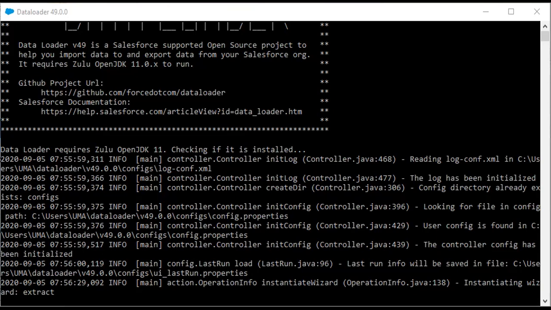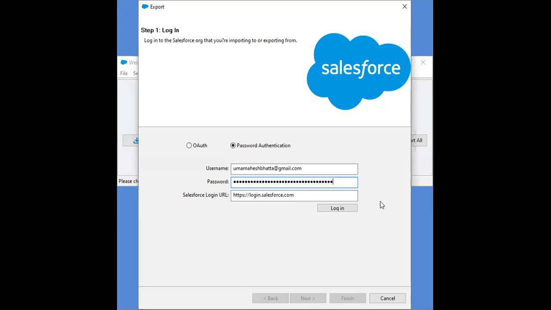I have the security token. That means, in addition to the password, you have to include the security token for loading the data loader.